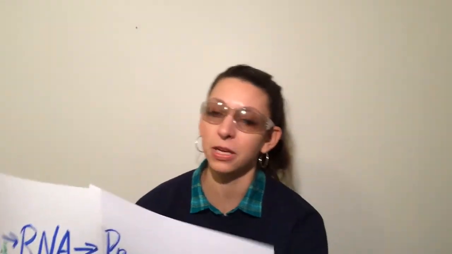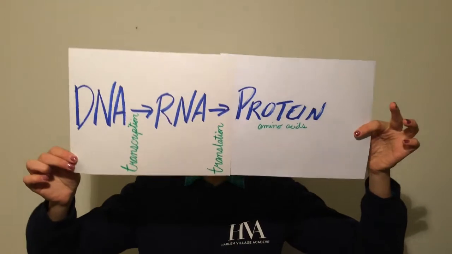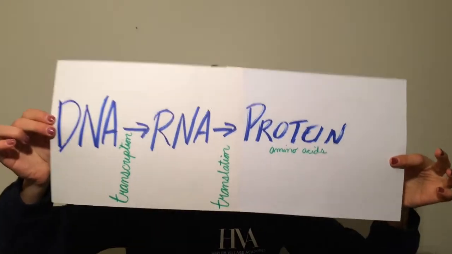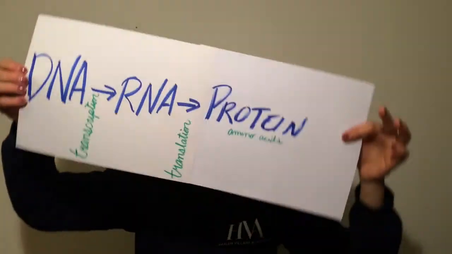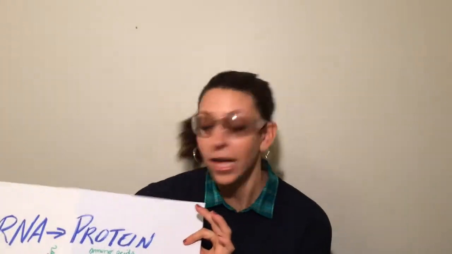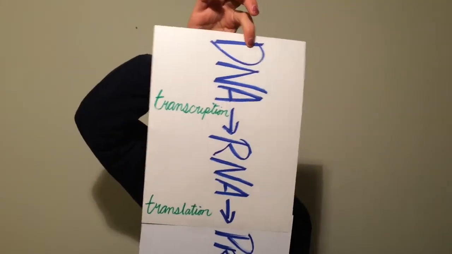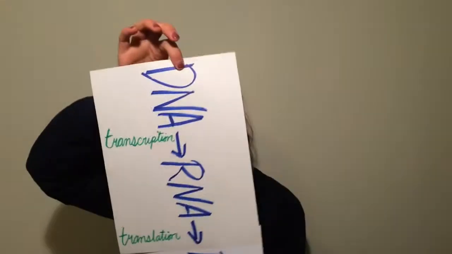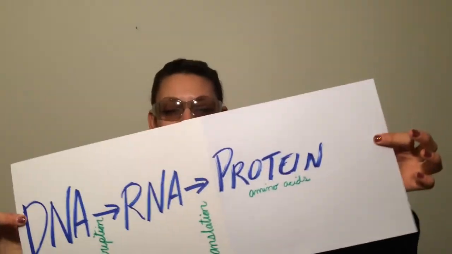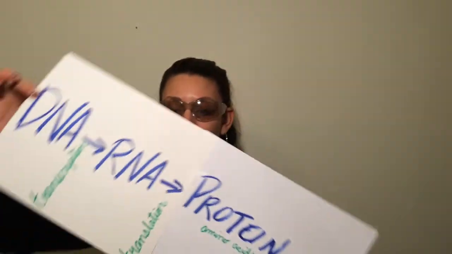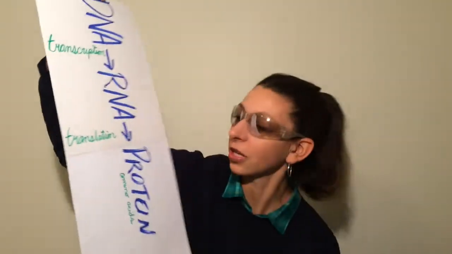Now our main steps of protein synthesis, I hope you have not forgotten, because this is the central dogma of molecular biology. This is how everything in our body is going to happen. We have DNA turning into RNA, turning into a protein made of amino acids. Don't forget it. So the process of DNA to RNA is called transcription. The process of RNA turning into a protein or being changed biochemically into a protein is